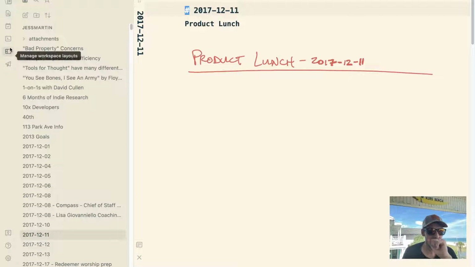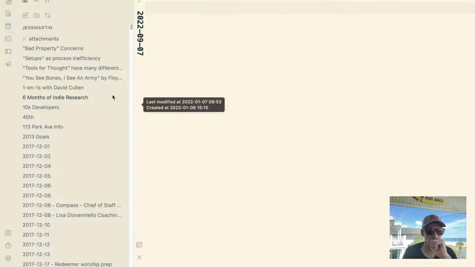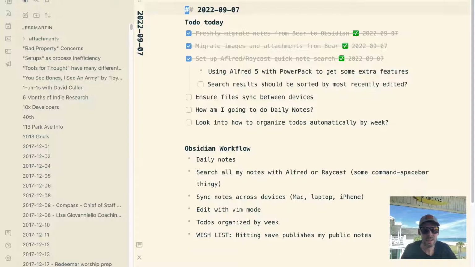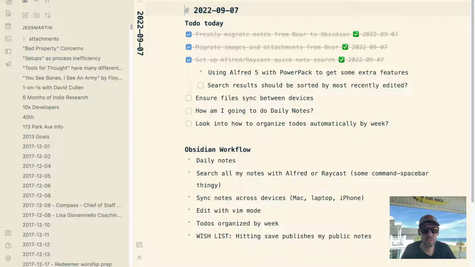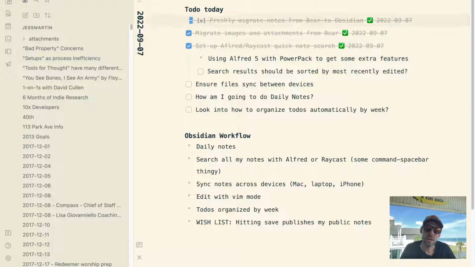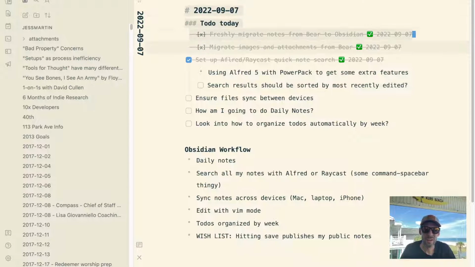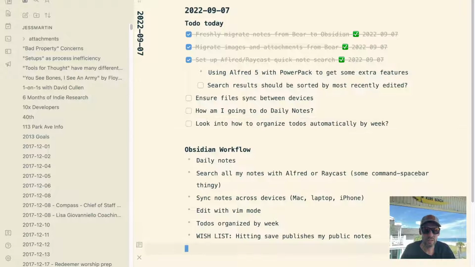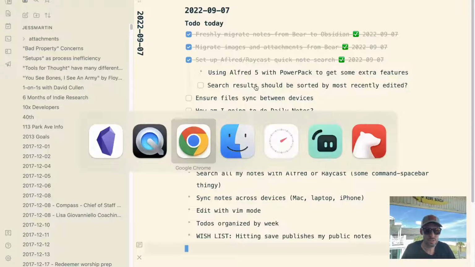And then today's daily note would be that, okay. And then I should be able to hit Command P, which gives us today's daily note. Okay, that is not awful. But what if I want to